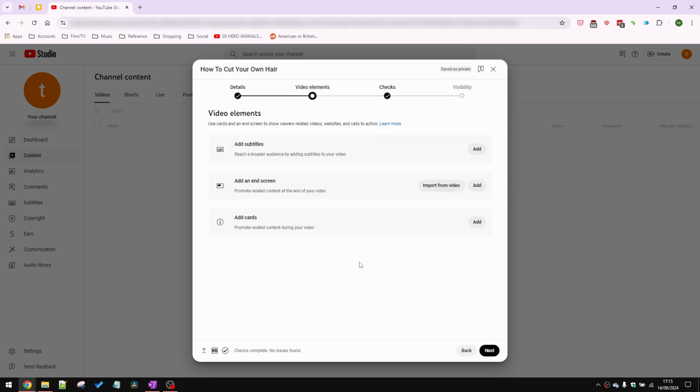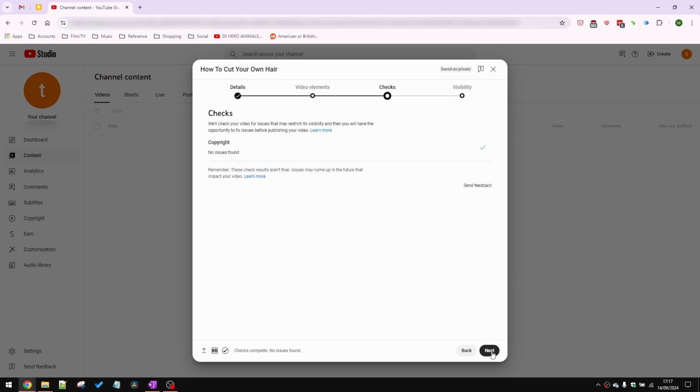On the next page is where you can add all the various video elements like subtitles and end screens and cards, which is really cool. I just recommend you experiment with this stuff and apply what's relevant to your video and your niche. On this next page is where Google apply all of their checks to ensure there's no copyright issues. I've basically recorded a video of me in my bathroom cutting my own hair, so I've got nothing to worry